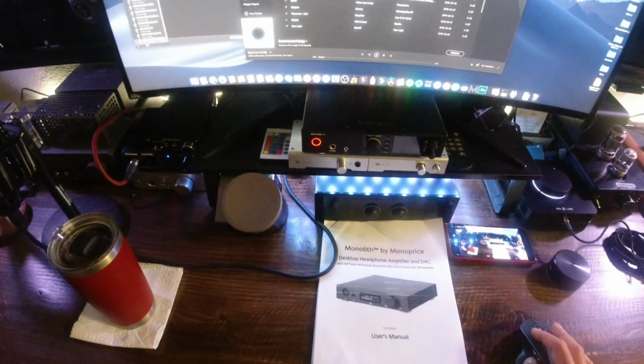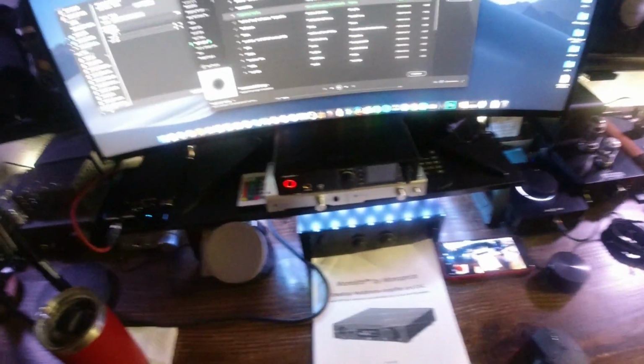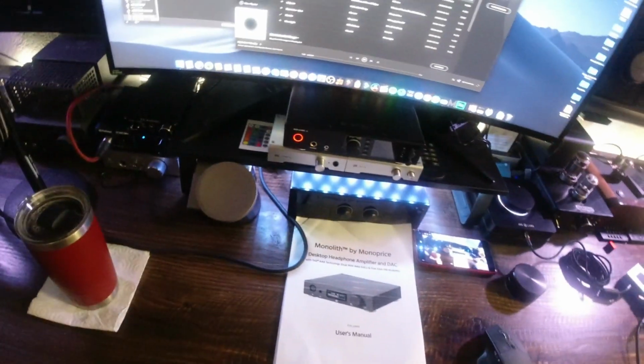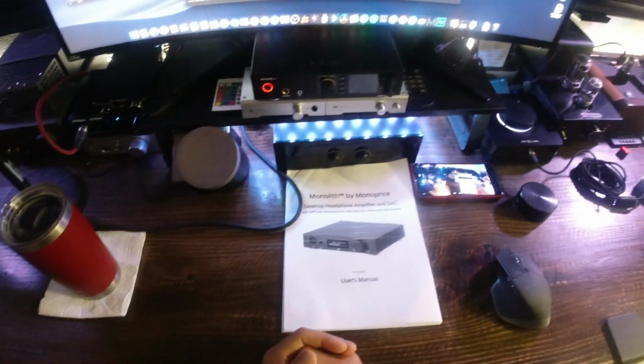So that's the review between the JDS Labs and the Monolith. People who want a THX amplifier are going to get a THX amplifier. Nothing's going to stop them from doing that. No amount of reason, no amount of testing is going to convince them not to get a THX amplifier. Okay, that's fine. I mean, I have two, so